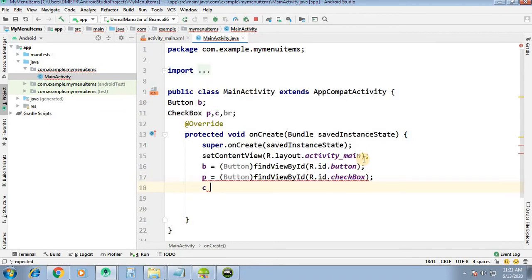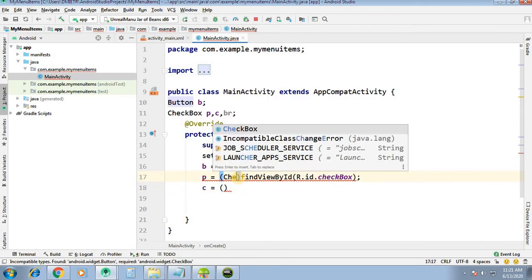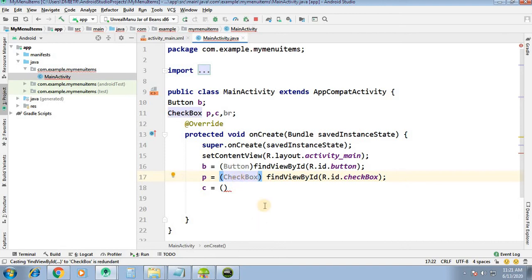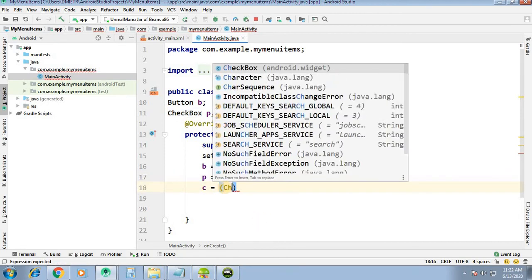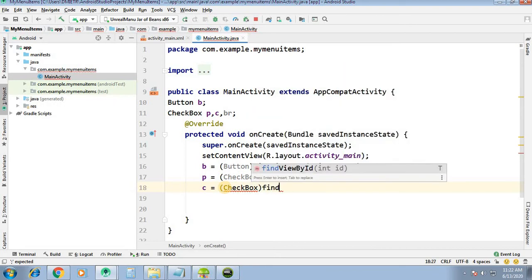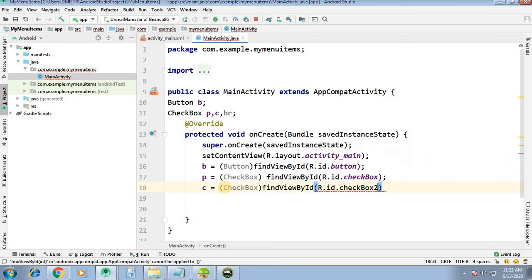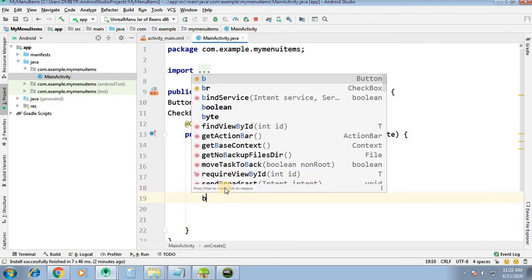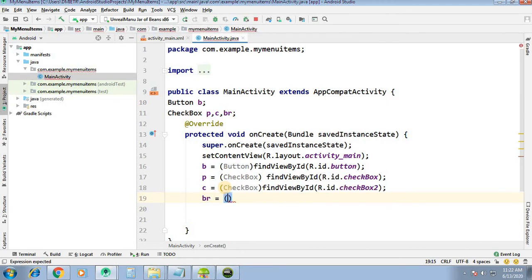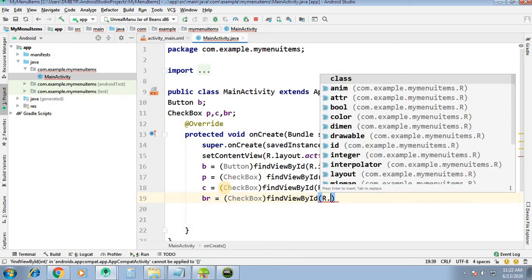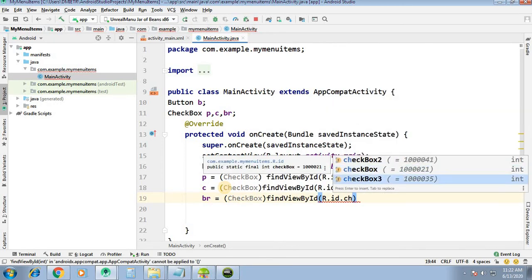Then coffee C equal to, sorry, not button here, here should be checkbox. Coffee checkbox, find view by ID, R dot id dot checkbox 2. And for burger checkbox, find view by ID, R dot id dot checkbox 3.